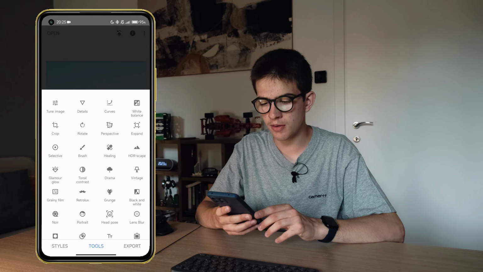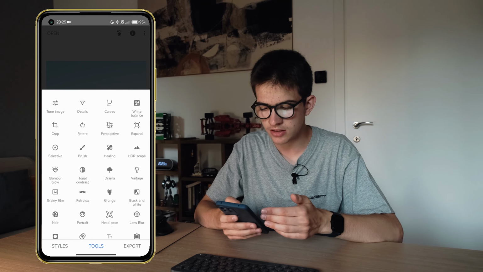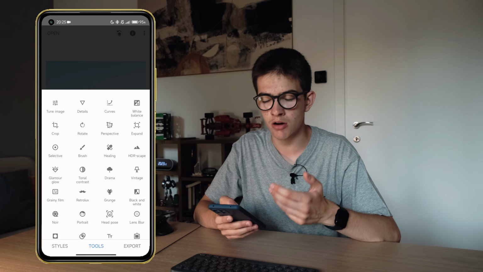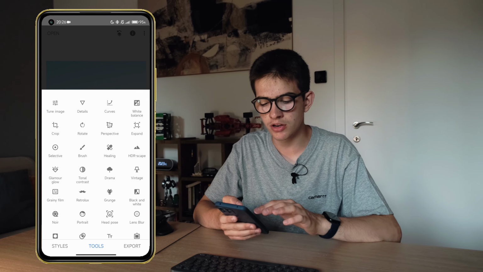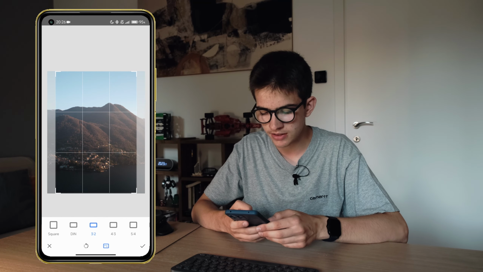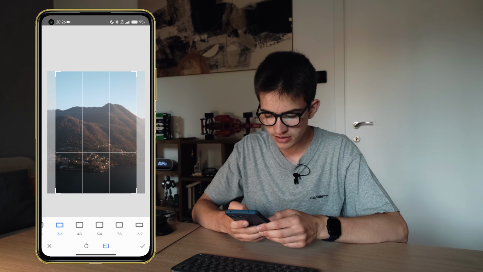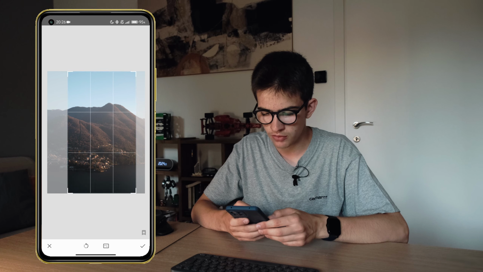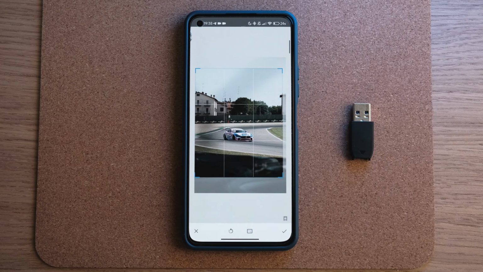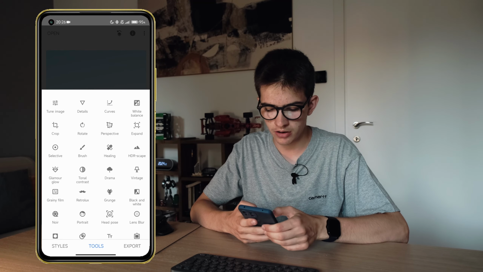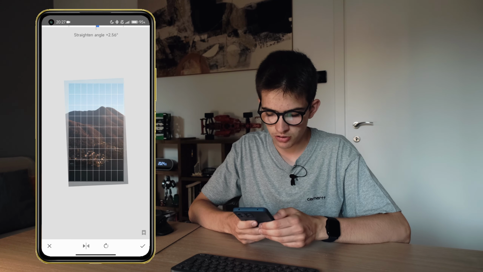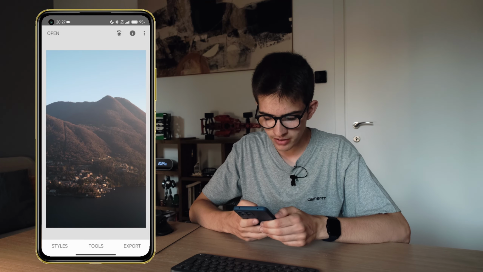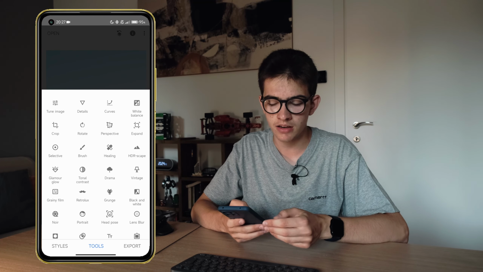We're going to focus on the tools one because in my opinion this one is the most important. Let's open it up, and as we can see there's a huge list of tools we can use to edit our pics. The first thing you need to do once you import the pic is, in my opinion, decide the crop. From here you can select several aspect ratios, and in this case I'm going to pick this one, which is for Instagram stories. Once you have chosen your aspect ratio, you just need to go back to the tools and go to rotate. From here you can level the horizon in your pic, and once you have done this we can start editing our photo.